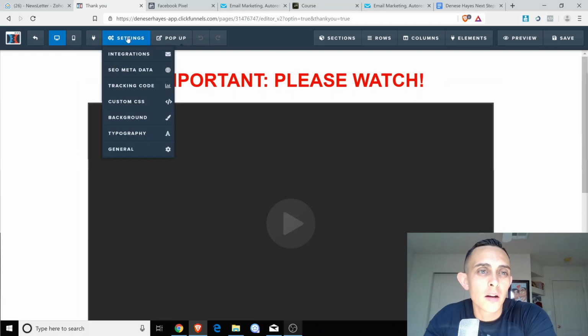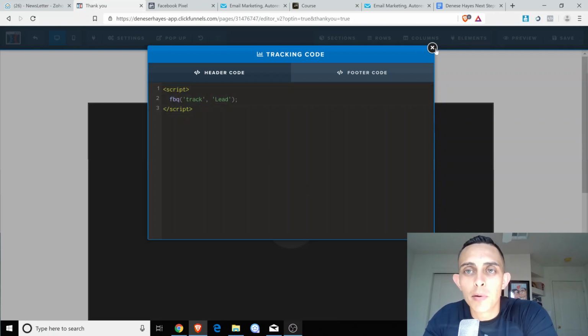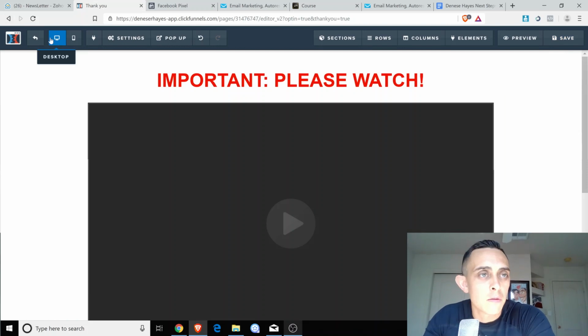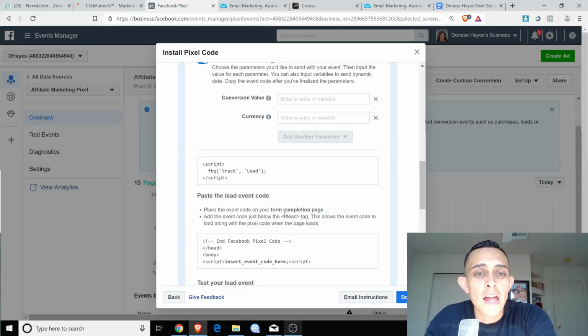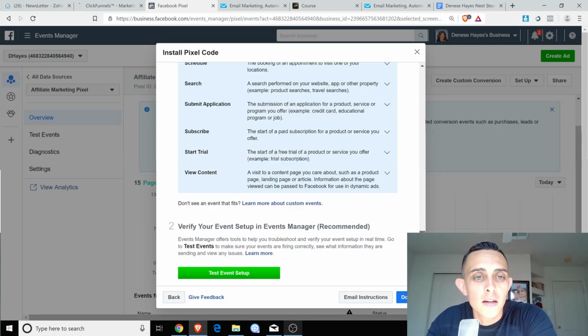We're going to go here, settings, tracking code, and as you can see, I had already put this here, but you just paste this here and it says lead. Simple as that, and then you can save this and get out. So that's going to save that. Same thing here with the initiate